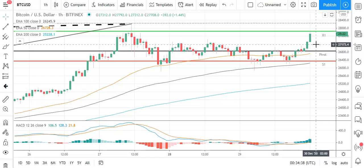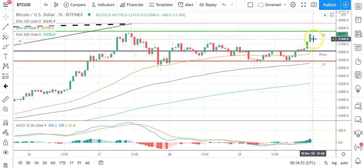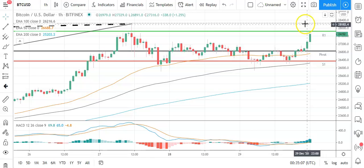Jumping straight into Bitcoin against the US dollar, it's a bullish start to the morning. Going to see Bitcoin avoid a fall through the pivot at 26,835 to support a run at the first major resistance level, sitting at 27,810. Going to need to see support from the broader market for Bitcoin to break out from this morning's high, 27,792. So barring extended rally through the day, expect that first major resistance level and resistance at 28,000 to cap any upside. In the event of an extended rally, should see Bitcoin test resistance at